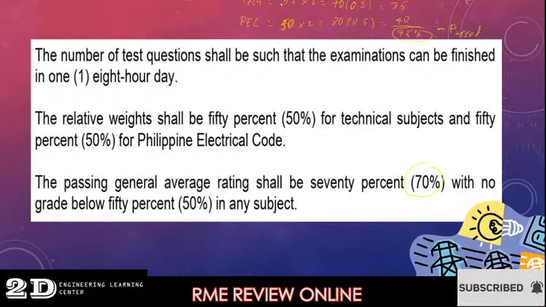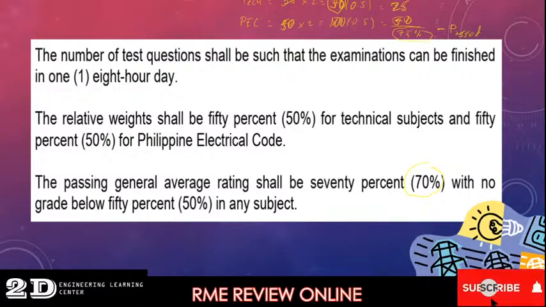So that will be 25 times 2, this will be 50. Then 50 times 2, this will be 100. So you have 25, this will be 50, then you still have a 75. So if you are basing on the 70% passing rate, pasado ka, but meron kang 25 na score. So, ang sinasabi dito is not below 50. So, 50%, so 25. So, you are still passed o nakapasa ka pa rin.